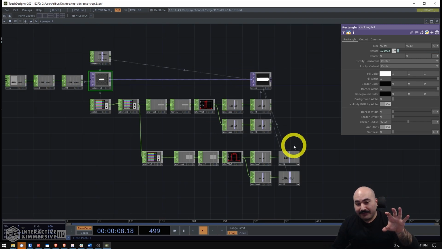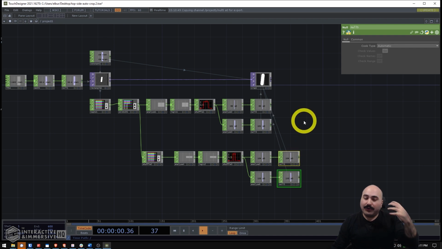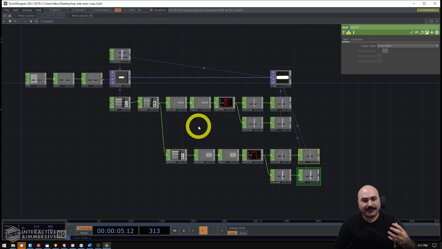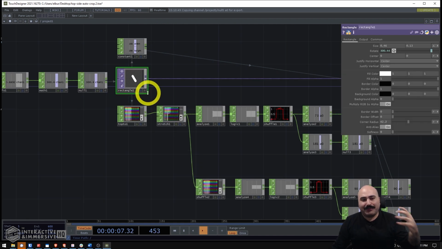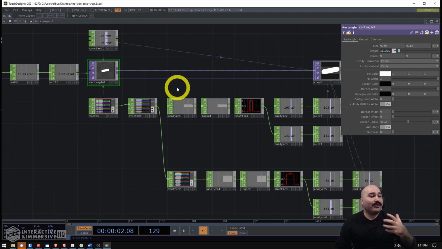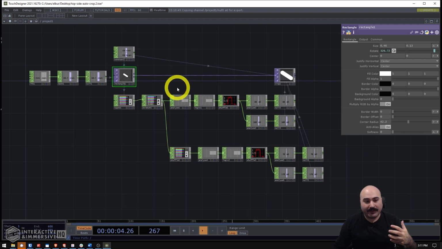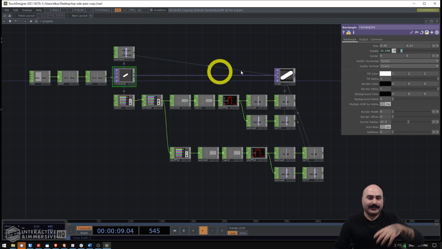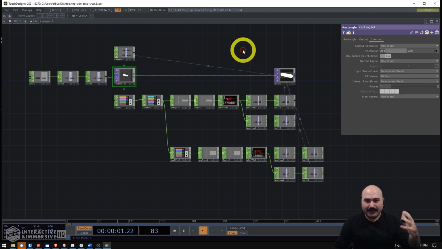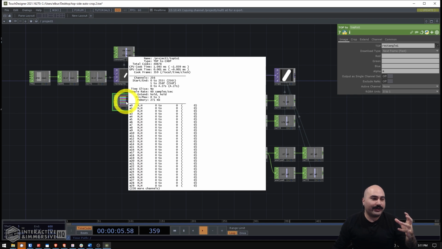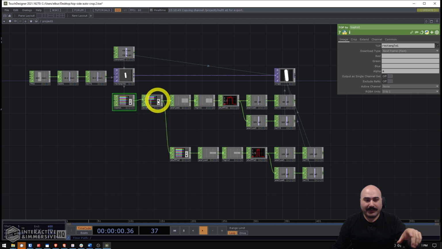Now the cool part that I'll leave you thinking about, and this is why you always hear a lot of pros talk about the importance of shuffling, working with CHOPs. If you were going to make something like this in Python, I don't know if it would drop frames exactly, but it would probably be quite a heavy script to run every frame. But when we build this in CHOPs, this is running at 60 FPS. I could definitely crank up the resolution of this and it would still run at 60 FPS, and it's just such an efficient network. The heaviest part of it by far is this TOP to CHOP,